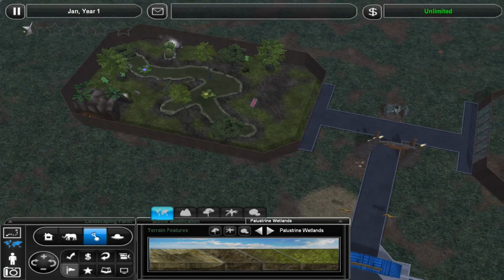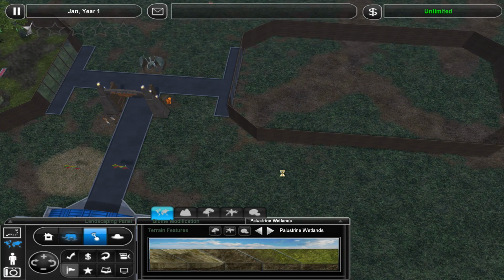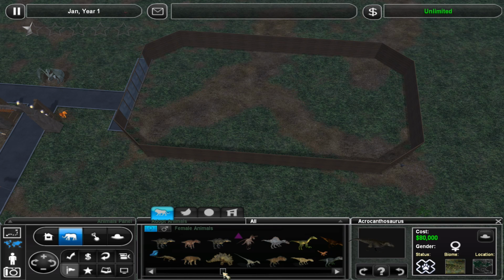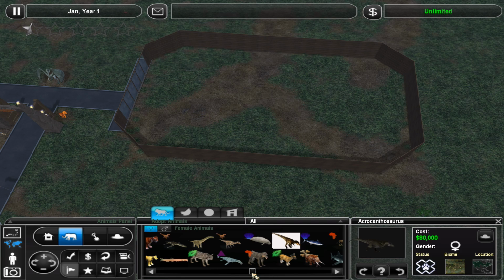Now, before we fill that in, we're going to shift over here to the right, and we're going to look for the Mastodon, which is probably down here in the M. Stegosaurus. Wait, what's my alphabet? I don't think that's actually the Stego. No, it's not. I really wish Zoo Tycoon had a search function more than anything else,